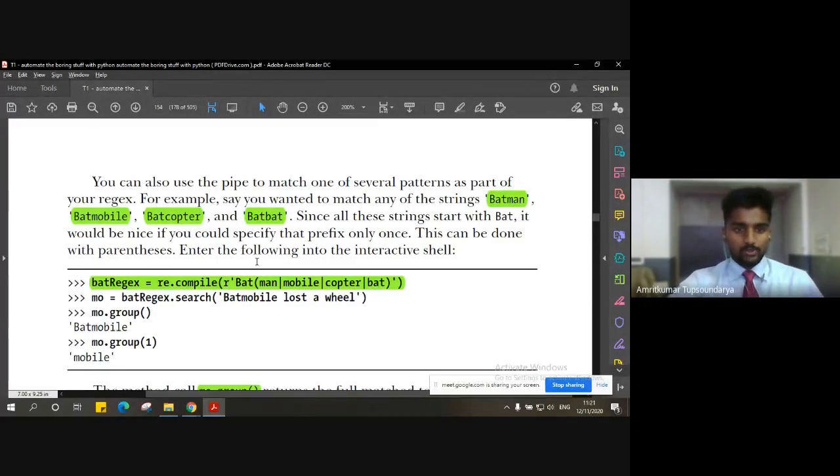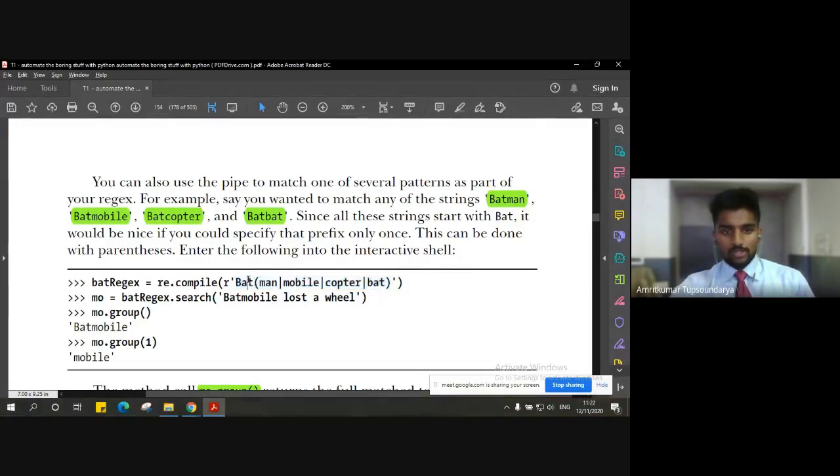I will first define the regular expression using the variable batRegex, calling re.compile, mentioning the raw string, followed by single quotes with the complete regular expression inside. Now this is my complete main regular expression that I want to match.